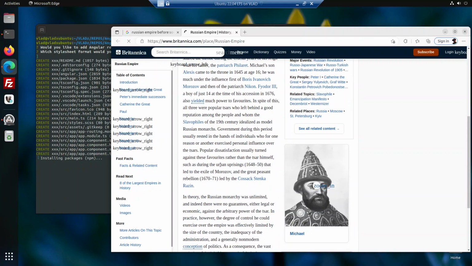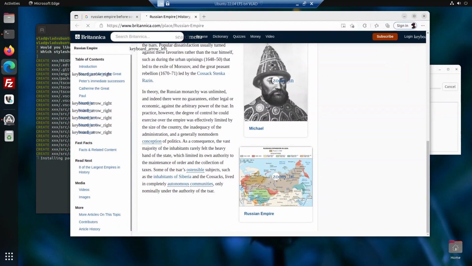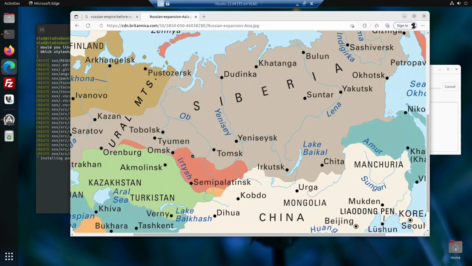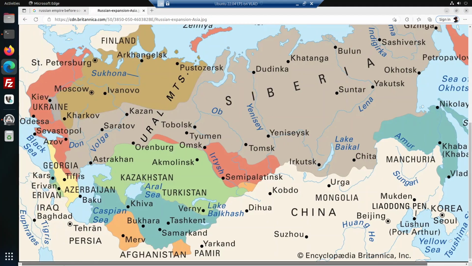And yeah, let's see what the map is. So this is the map of the Russian Empire before the Soviet Union. See, this is Ukraine. This is Crimea, where Vladimir Putin wants to take back. So here from Georgia,